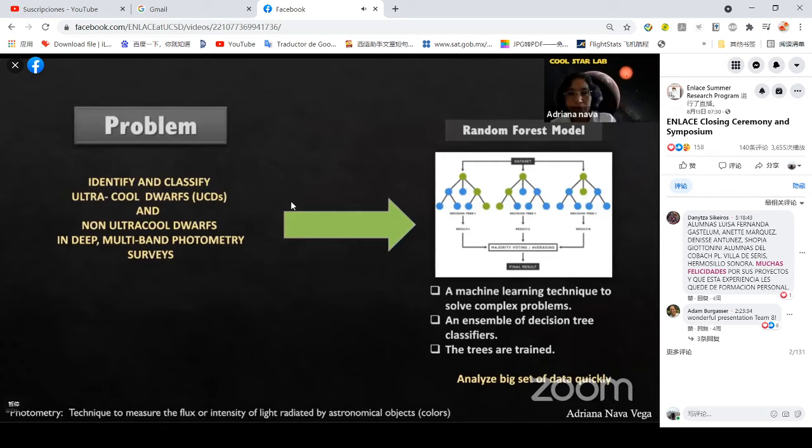Therefore, the main issue in this project is to identify and classify ultra-cool dwarfs, UCDs, and non-ultra-cool dwarfs in deep multiband photometric surveys. To do so, we are going to use the random forest model, which is a machine learning technique to solve complex problems. We use an ensemble of decision trees, where the trees are trained. Each tree in the forest is trained with a bootstrapped version of the original training data. A good thing about this method is that we can analyze a big set of data quickly. And in our next slide,